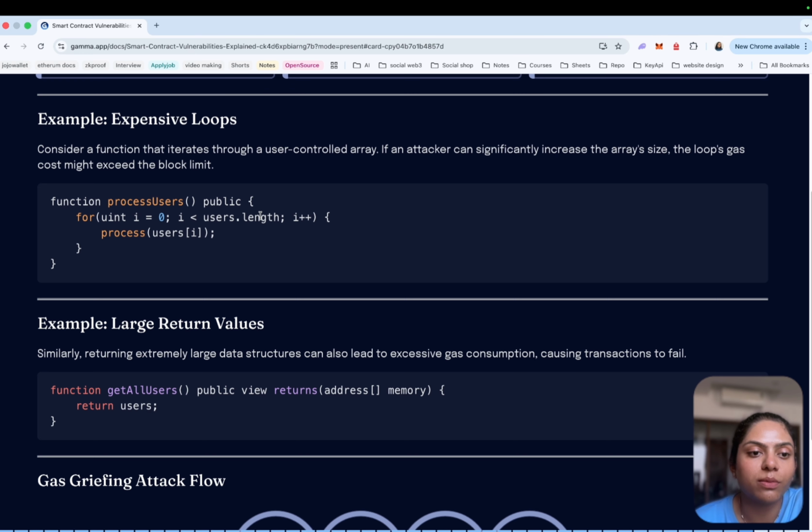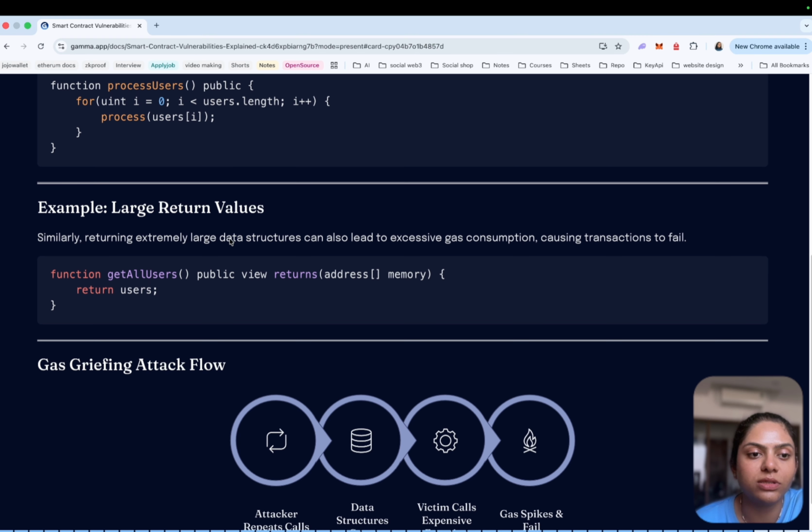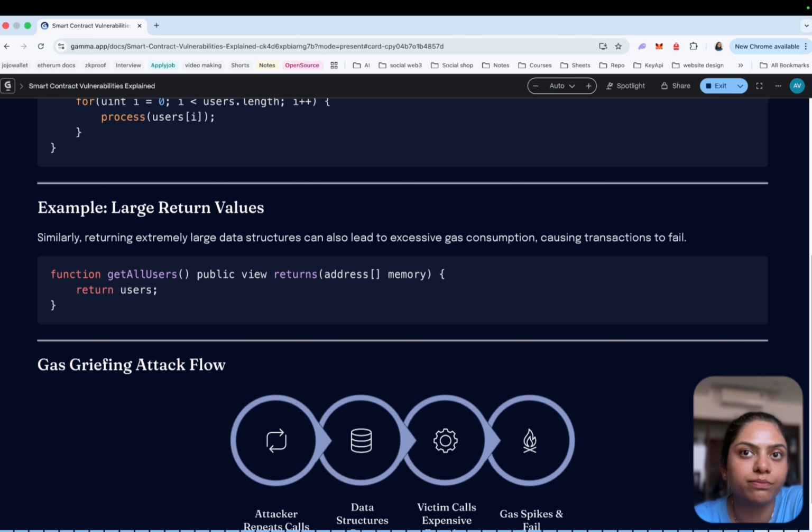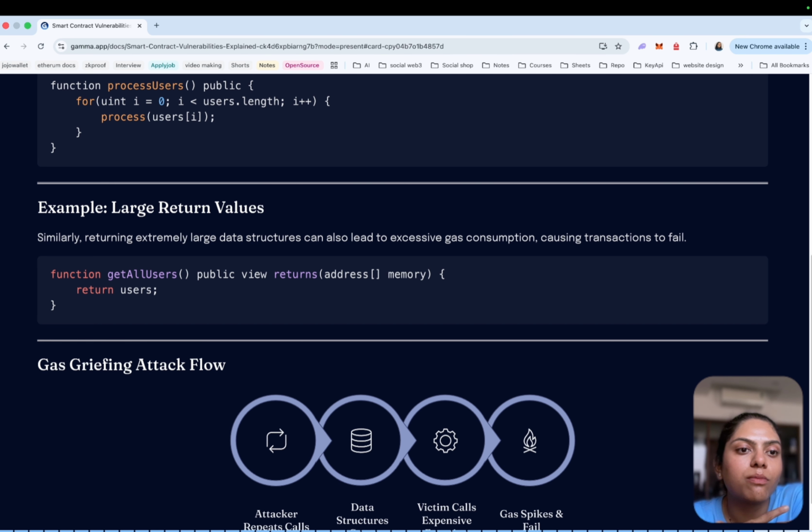Function processUsers, public: for uint i = 0; i < users.length; i++, processUser(users[i]). It is a simple function. If an attacker manages to increase the size of the user array significantly, the loop could consume more gas. Eventually, the function may exceed the block gas limit and become impossible to execute.